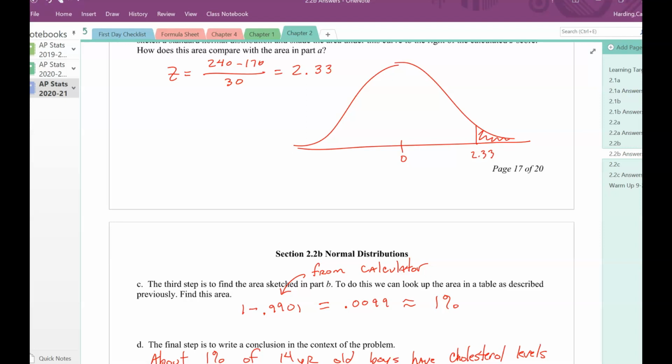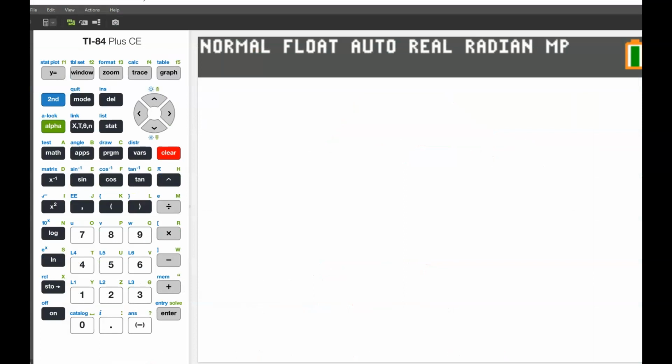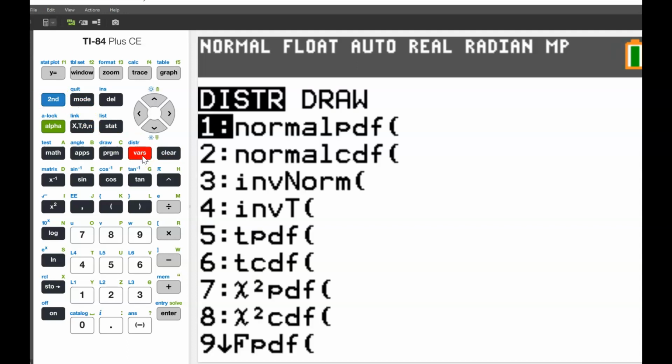So I'm going to sidestep for just a minute and show you on the calculator where you can find this information. So pull out your calculator. Do you see the variables key here? And above it, it says distributions. So I'm going to hit second, variables. And what I'm looking for is a normal CDF, cumulative distribution function. So if I hit number 2,